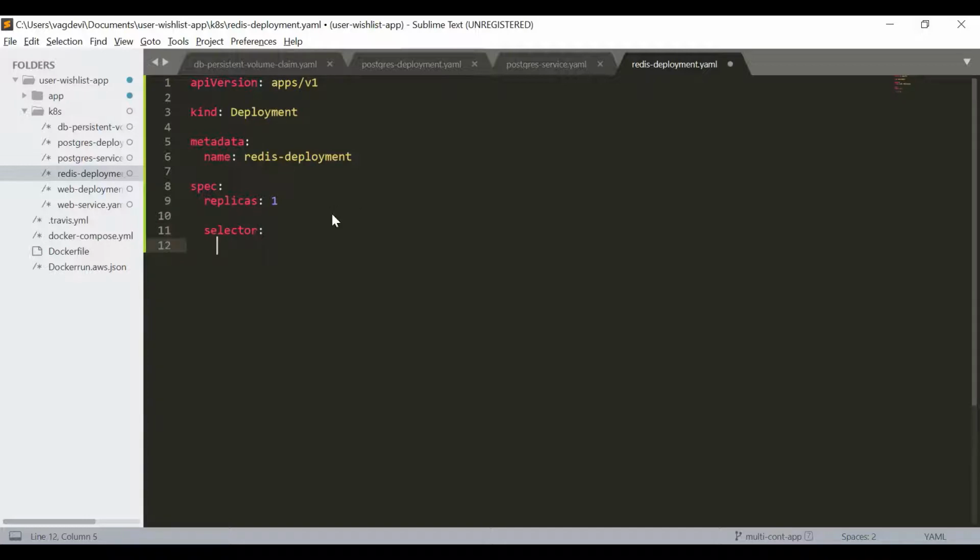Under selector, we will write the matchLabels. For matchLabels, we want to match all the pods whose component is Redis, so we will write component: redis. Under the spec itself, the next thing we will define is the template of the pods.